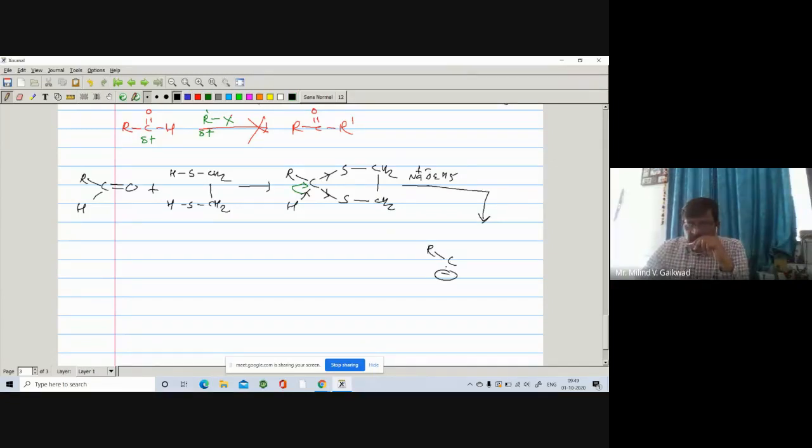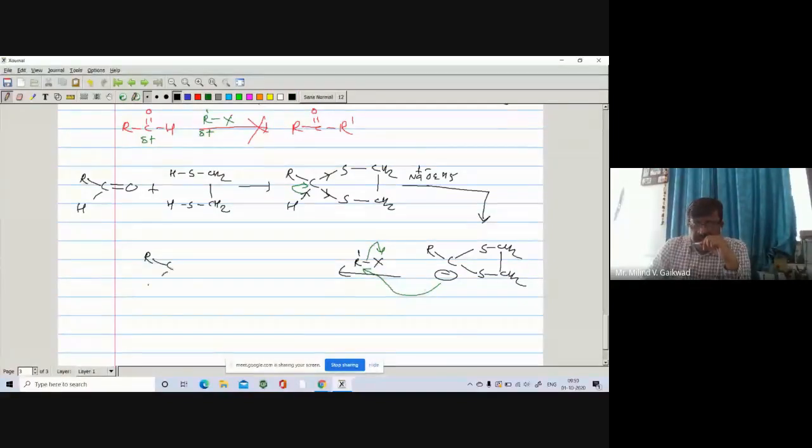RC, here is a negative, here is an S, here is a CS2, here is an S, here is a CS2. It means that this carbonyl carbon, which was positive, you have made negative. There is a change in the charge, and further, if you react with R dash X, the sigma bond opens with X negative and R positive. So this C negative will attack this R positive.